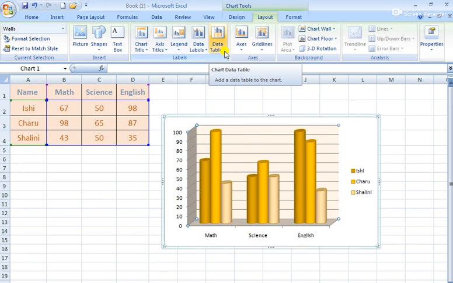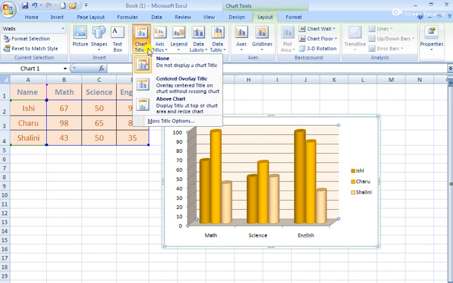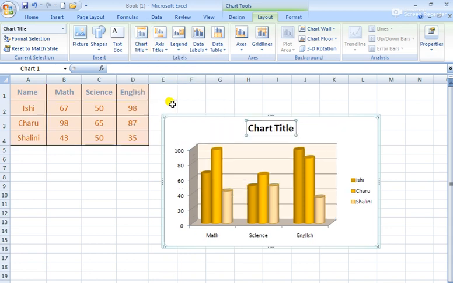Suppose you want to insert a chart title. Like here we have not given the chart title, now we want to give it. So what we can do, chart title, enter. Now here you right click or double click it, then write the chart title.